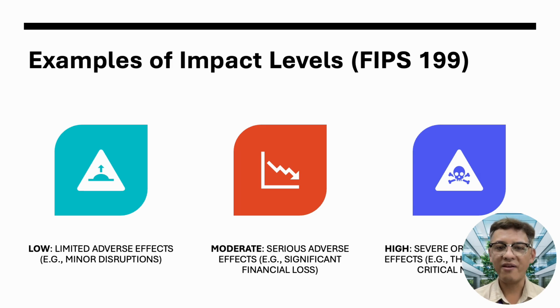A low-impact event might result in minor disruptions. For example, imagine a temporary outage on a public website. It's inconvenient but not catastrophic. A moderate impact event involves more serious consequences, perhaps leading to a significant disruption of services, noticeable financial losses, or compromised but recoverable data. For instance, a hacking event temporarily disabling online services could significantly inconvenience users and incur notable